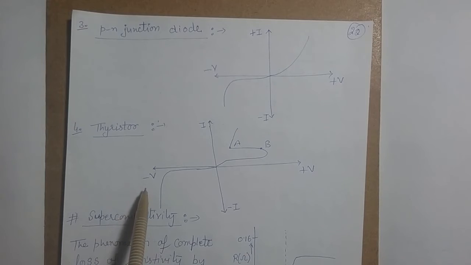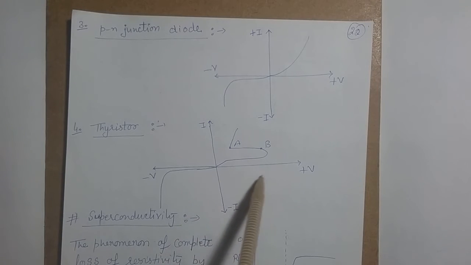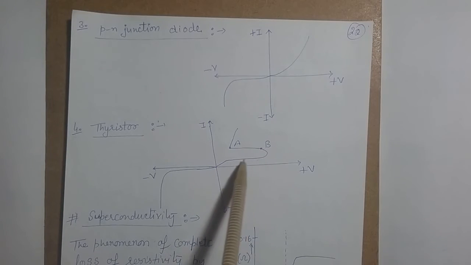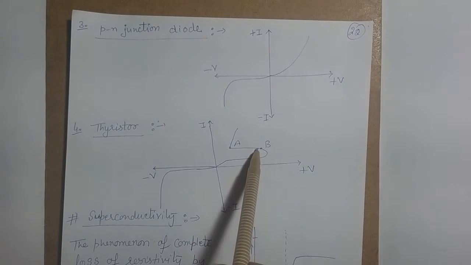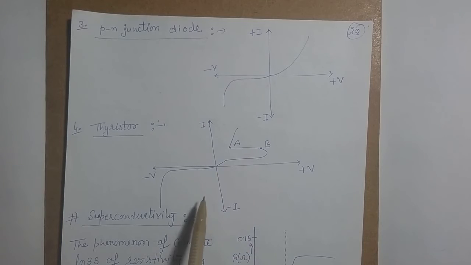Let us consider the case of thyristor. Thyristor is a thermodynamic substance or semiconductor device. Here we can say that with rise in potential, the graph is linear. With increase in potential, the current remains constant. Then current decreases with increase in potential, and further, after reaching a particular position A, with further fall in potential, the current is increasing. And again, they are showing semiconductor behavior over here. So these are the cases for the conductors, for the insulators, for ohmic, non-ohmic conductors.